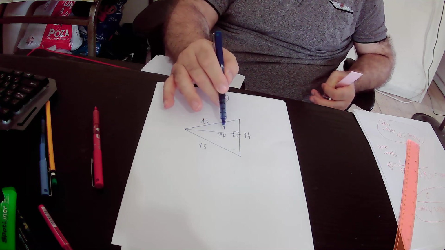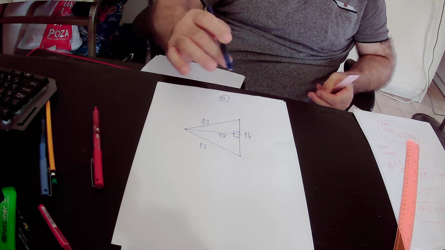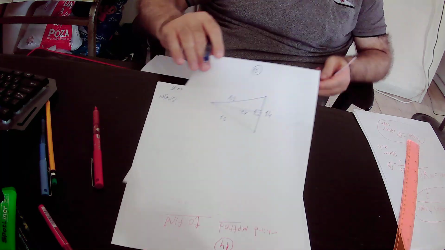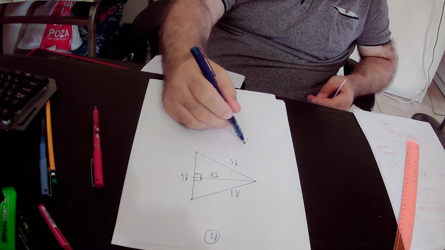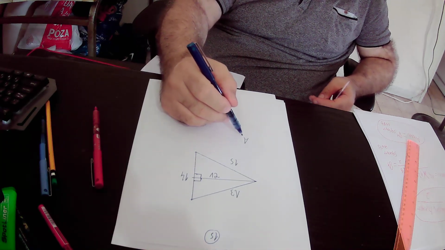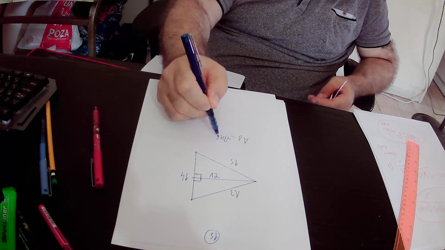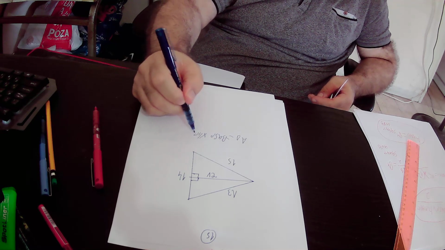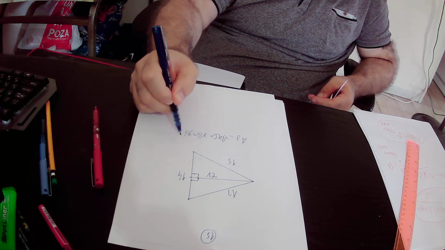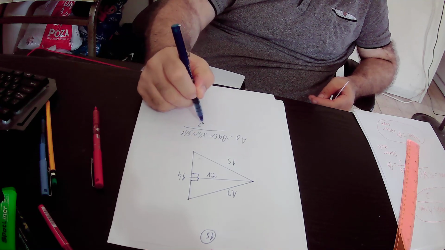Therefore, this is actually the height to the base that is 14. So the area of any triangle equals the base of the triangle times the height to the base over 2,